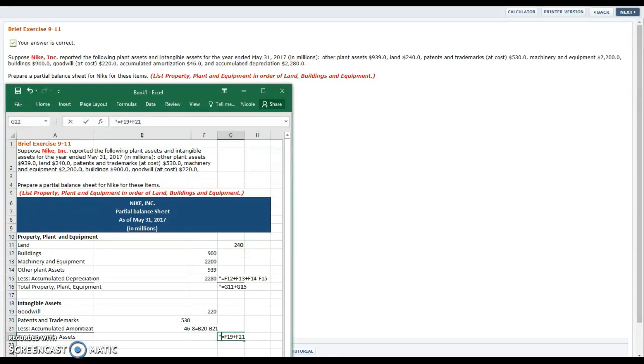So to work on our partial balance sheet, we will start with the property, plant, and equipment. And as it says up in here, it says list the property, plant, and equipment in order of land, buildings, and equipment. So we start with land at 240, buildings at 900, machinery and equipment at 2200, other plant assets